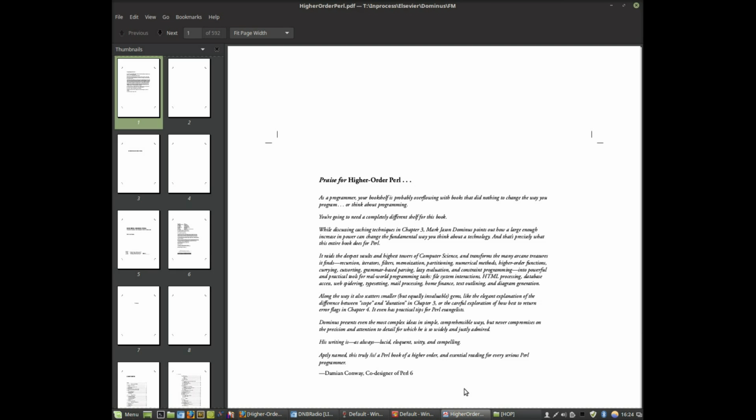While discussing caching techniques in Chapter 3, Mark Jason Dominus points out how a large enough increase in power can change the fundamental way you think about a technology. And that's precisely what this entire book does for Perl. It raises and deepens